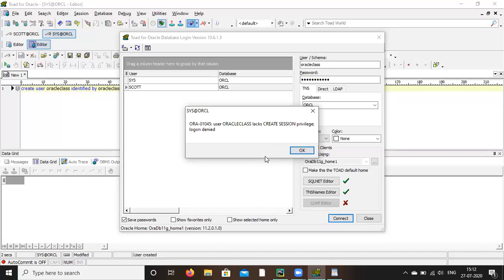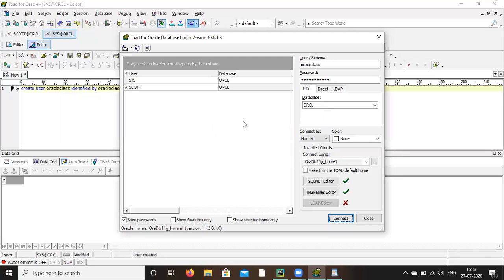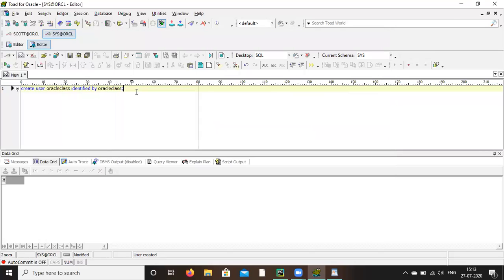Can you see that, everyone? Yes, sir. So these are nothing but the grant and privilege. Okay. So again, click OK. So you don't have the privilege. You can't log in. Although you have created the user, you cannot log in. Now close it. Now you have to give the grant also. Come to the system. Give grant.